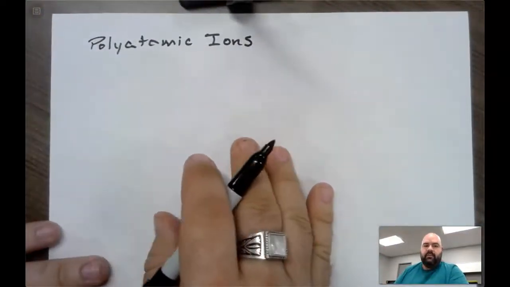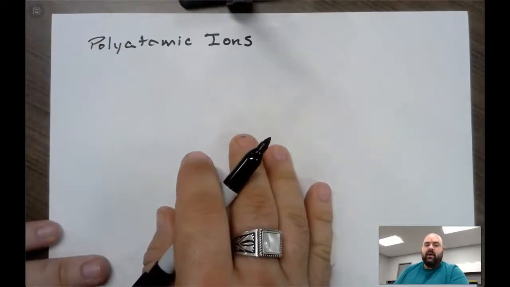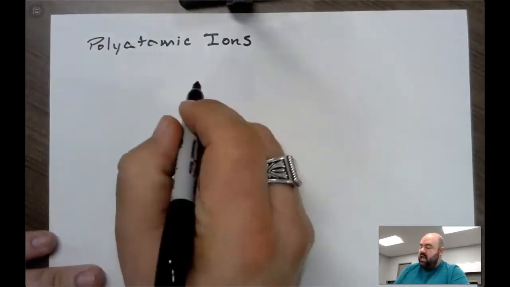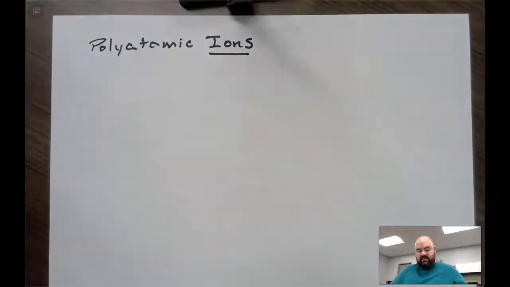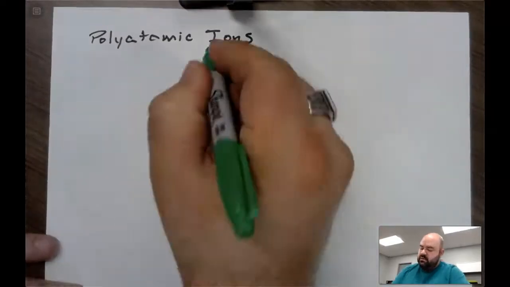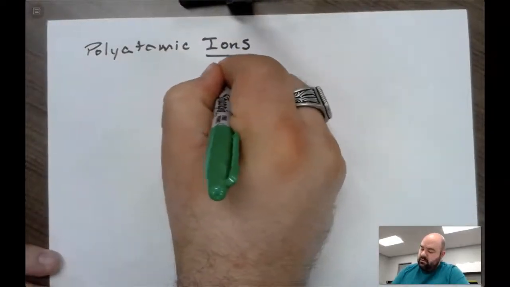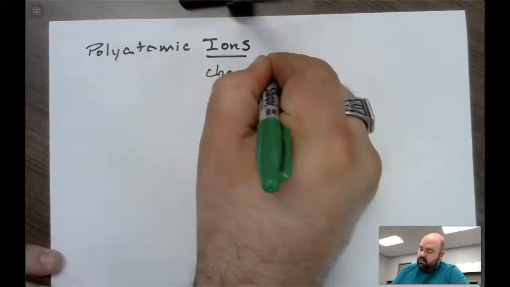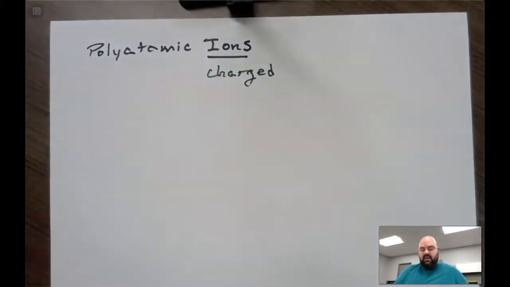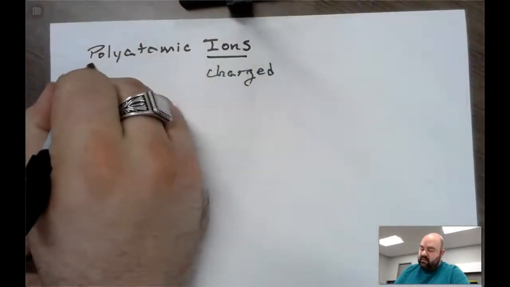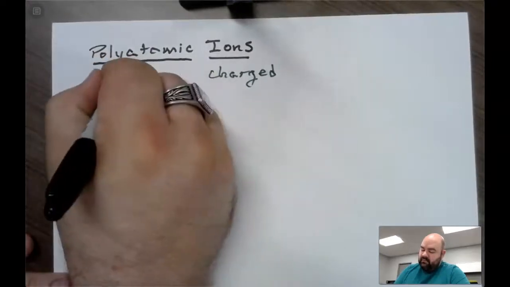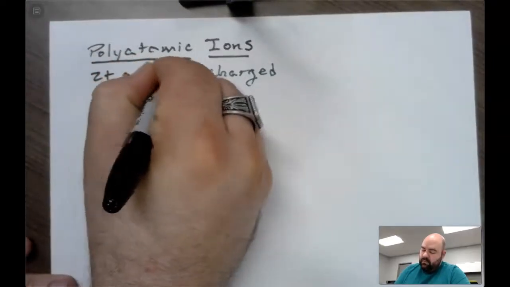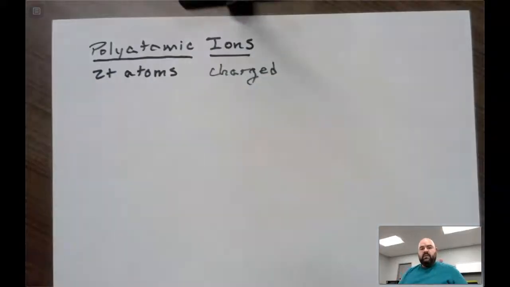There we go. Okay. In terms of a polyatomic ion, it's just an ion, so it's charged. That means that it's charged. And it's polyatomic, which means two or more atoms that are a charged species. So, for example,